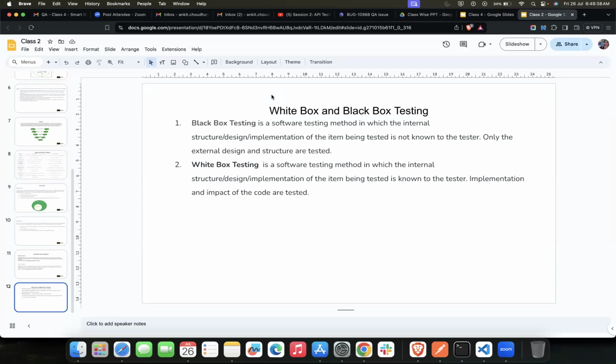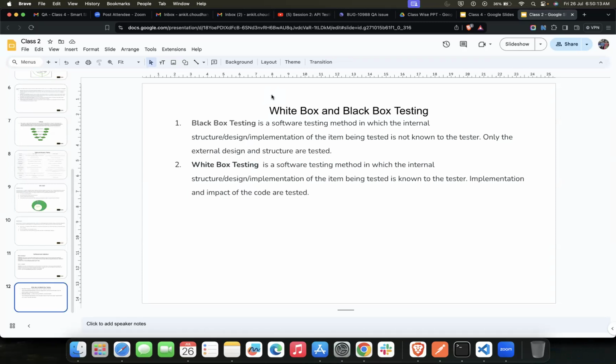So what exactly do we mean by that? Whenever anyone provides you a software to test, in most cases, they won't be giving you the code of that software. So when you are not able to access the code and you just have to test with the UI itself, that is known as black box testing.